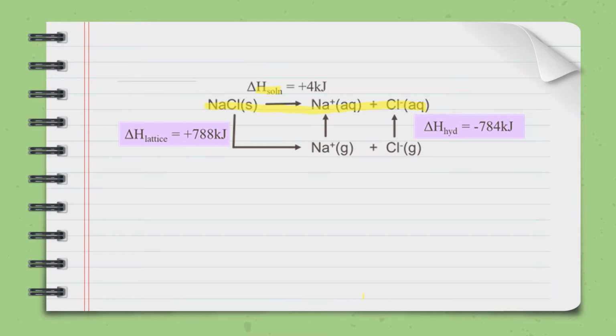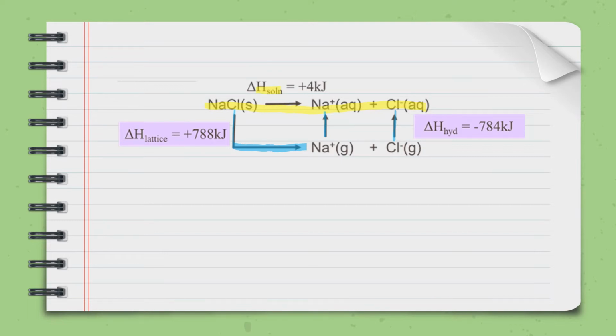Down here, we have first the solid dissolution to become its gaseous ions, where we have our delta H lattice, and then over here the delta H hydration, where the gaseous ions are hydrated. So if you look here,